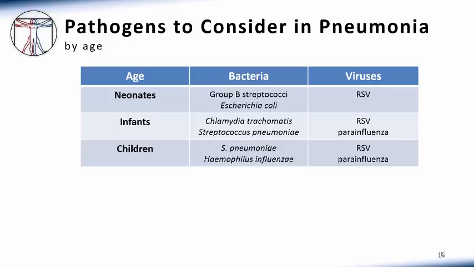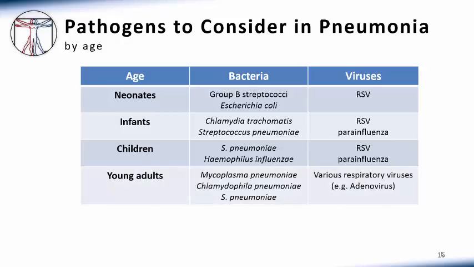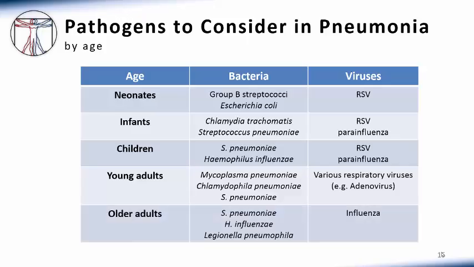As the immune system begins to mature and the microbiota changes somewhat, children become more susceptible to the common bacterial causes of pneumonia, including strep pneumoniae, Haemophilus influenzae, and other community-acquired respiratory viruses. Young adults can often have walking pneumonia syndromes due to the atypical bacterial species, as well as Streptococcus pneumoniae, as well as community-acquired respiratory viruses. Older adults, Haemophilus influenza tends to be present at a bit more frequency, and they are at high risk of influenza, making influenza vaccination a very important preventive strategy in this patient group.